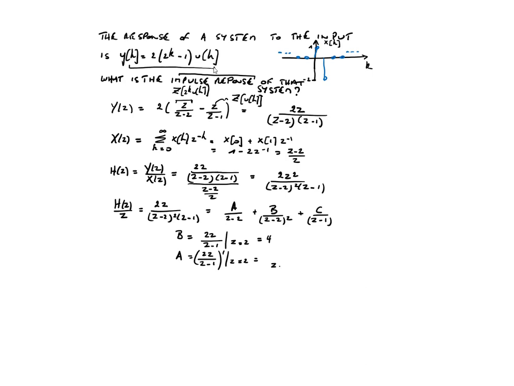The derivative will be (z minus 1) squared times (z minus 1) times 2 minus 2z times 1. Okay, evaluated at z equal to 2, so that's